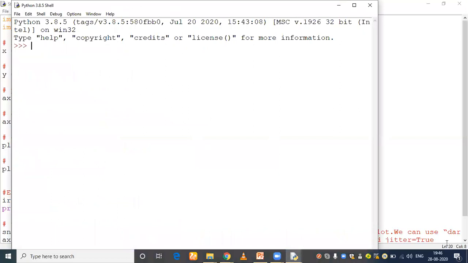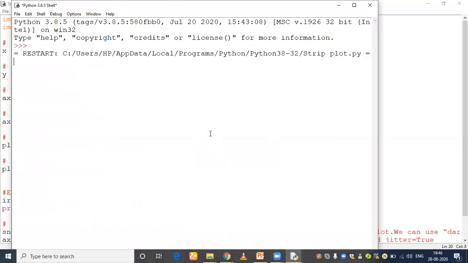So this is our first example, in which we use the seaborn.stripplot function with 2 arguments, x and y. Let's see the output of it. How does a strip plot look like? Just wait, it's going to come.